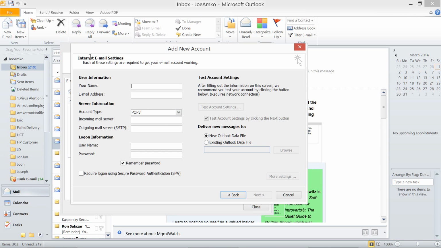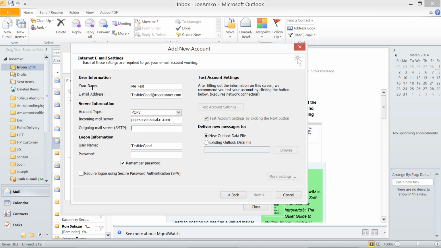Now, writing your name. Let's just say my name is Tess. That's my name. My email address is tessmegood@roadrunner.com. POP server is pop.server.sokal.rr.com right here.